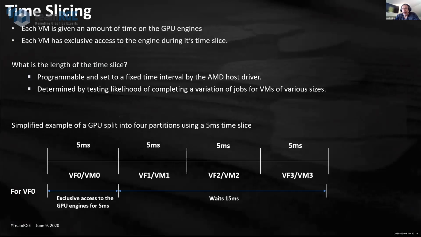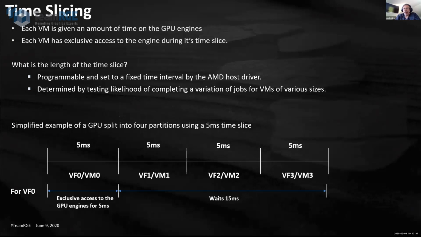So this is very high level. I was hoping to go a little deeper on some of the concepts we use in our scheduling as we cycle through virtual functions, but at a higher level, I didn't want to go too deep into the weeds. Obviously, I can't reveal too much of what we do there, but the concept with SR-IOV that I want to invoke